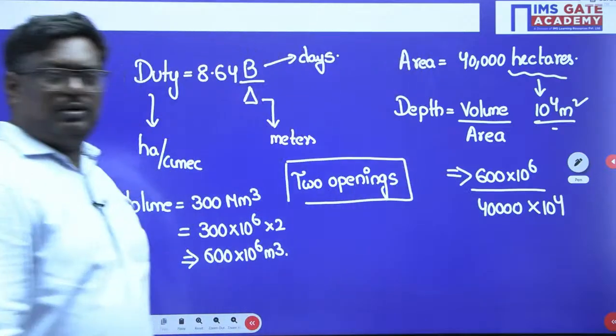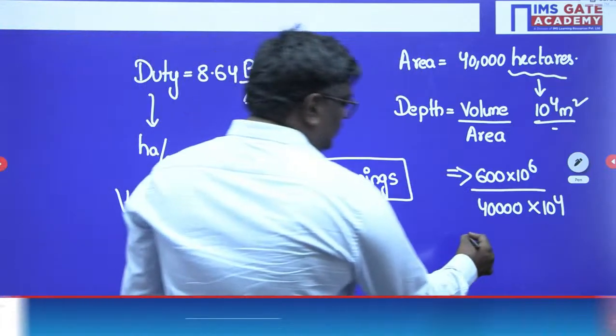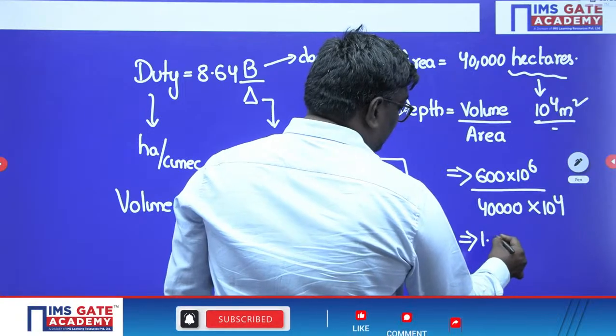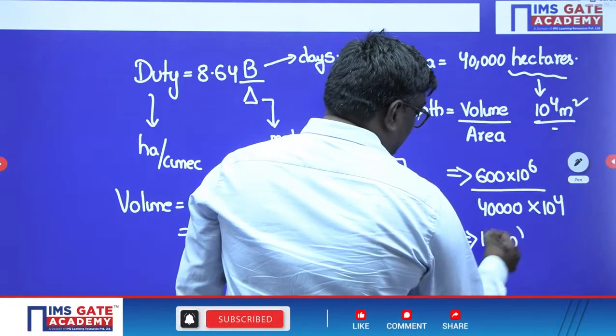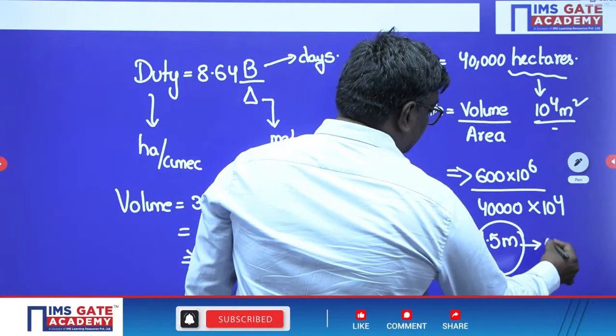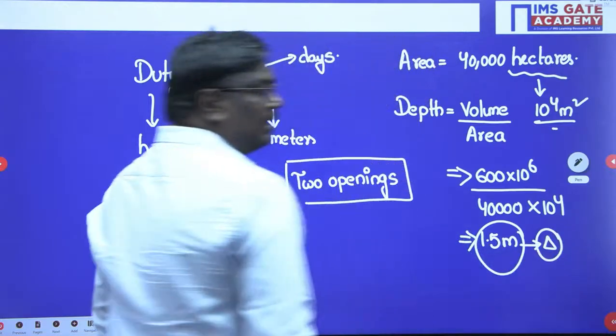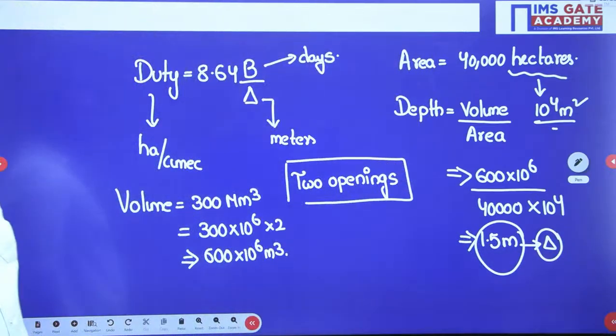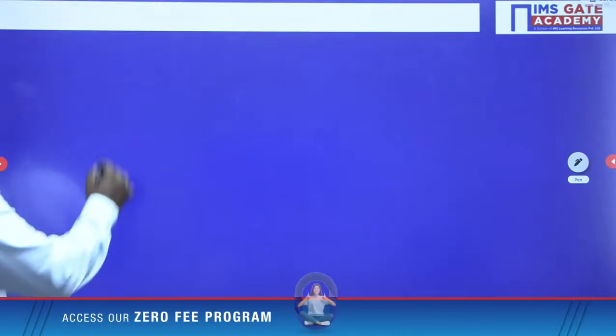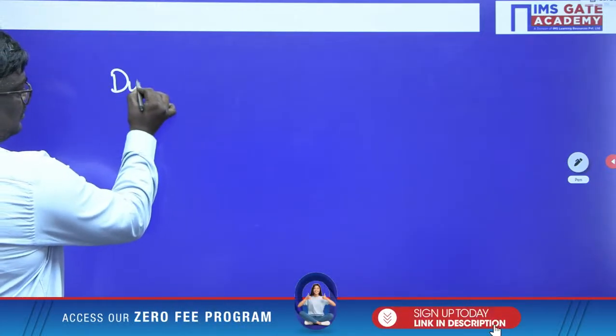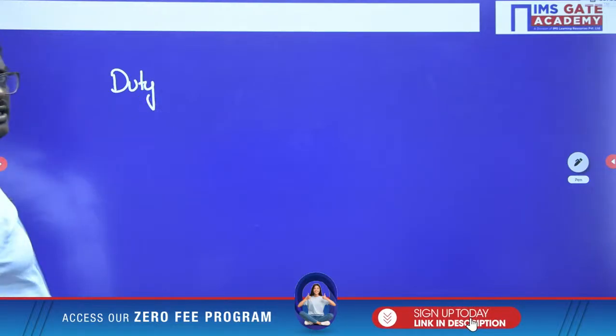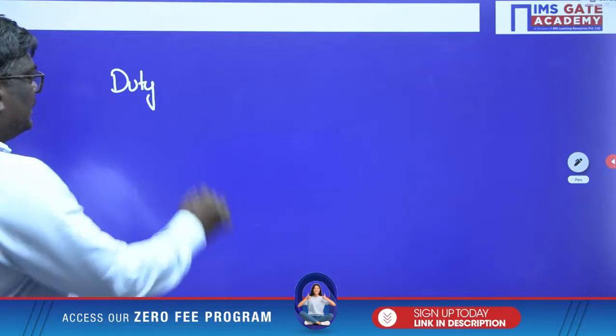so 10 power 4 cancels. So this value will be equal to how much, sir? 1.5 meter. So 1.5 meter is nothing but what? Delta. What is 1.5 meter here? Delta. Base period is 120 days, right? So duty is equal to what, sir? Are you following, students? What is duty? Duty is equal to